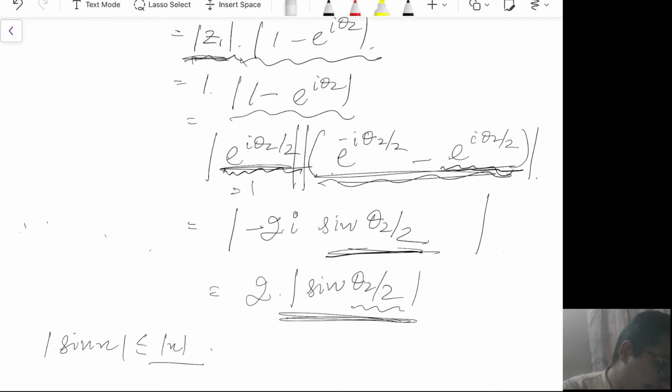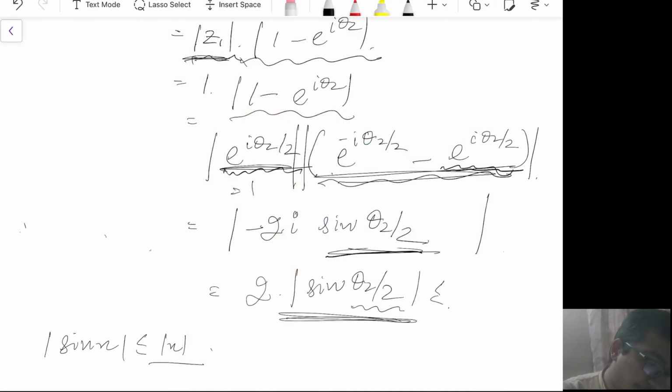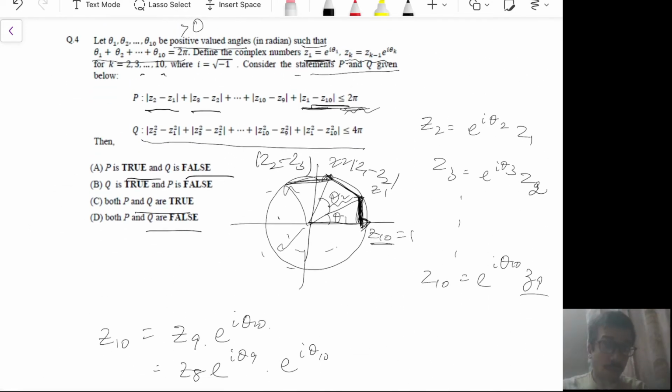we have said that the length of these chords is less than or equal to the length of the corresponding arcs, right? So you can give it a very geometric interpretation also, because the length of each of these chords is given by mod of z2 minus z1 or zk minus zk plus 1, and the length of these arcs is given by just the theta k's. Because these arcs are in radians, the length of a chord is always less than or equal to the length of the arc,